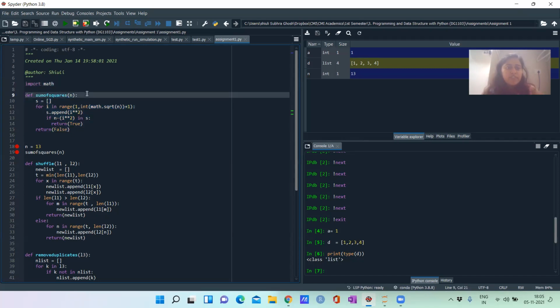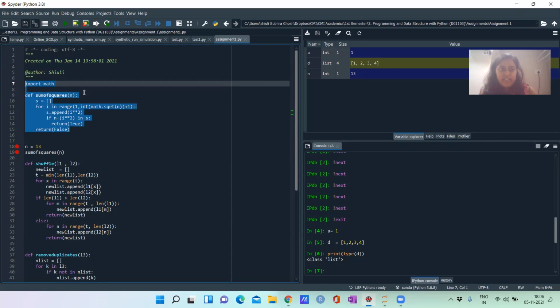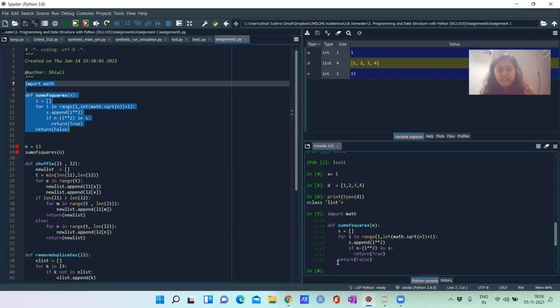If you wish to run the entire script, then you just run the file, similar to R. If you just wish to run line by line, then just press F9 or run this. But this is inside a function, so you have to run it at the same time. So just select it and then run it. So our sum of squares function is here.